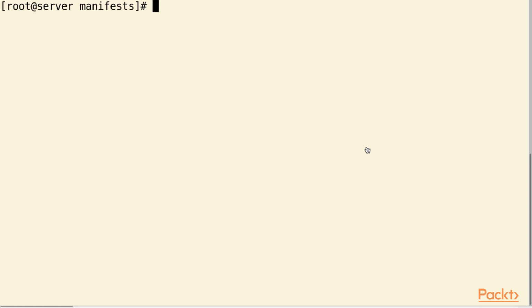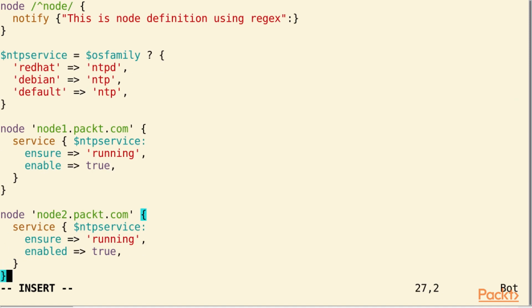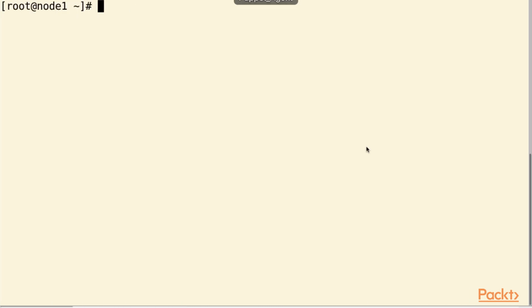So before running the Puppet agent on our Puppet nodes, we have made a small mistake in our main manifest file site.pp, and instead of the attribute enabled it is actually enable. So we would set this to enable for both node definitions node1.pack.com and node2.pack.com. After that we would go ahead, save and exit, and then we would go into our